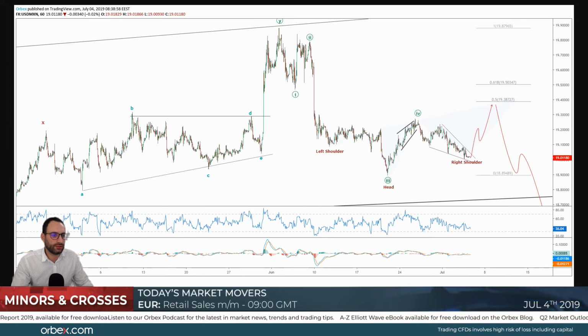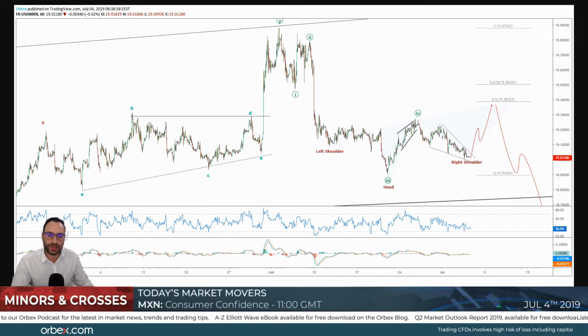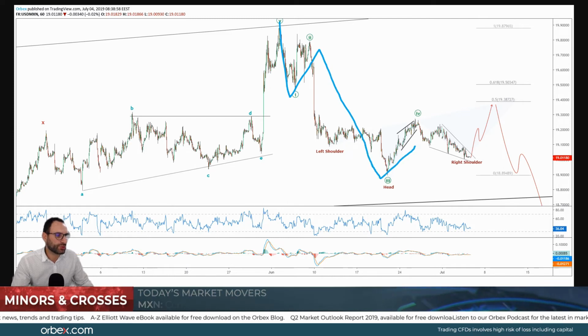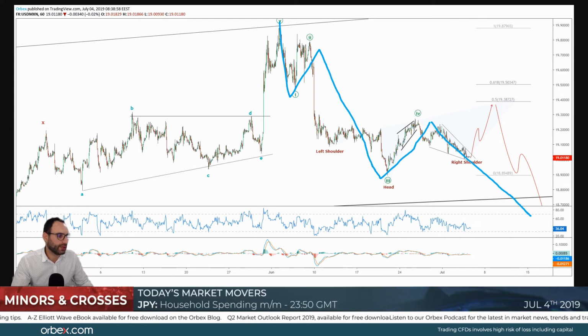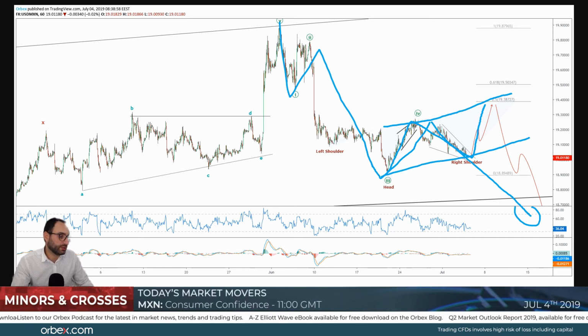And a little lower on the 60 minutes time frame, I am again expecting an impulse wave to the downside, at the last wave, actually, wave 5. But before this happened, there is a good chance that this turns out as a correction, as a double zigzag even, or a zigzag,